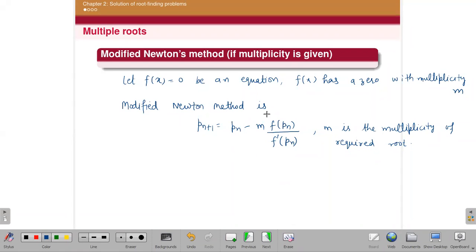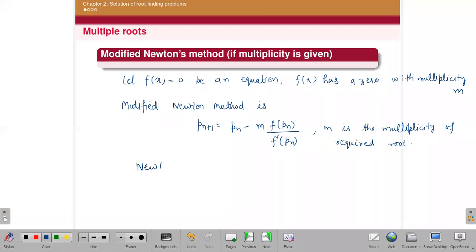So this is the modified Newton method, meaning we just put m into the simple Newton method, so it is a multiple of m here. That becomes the modified Newton method. Now why have we taken m here? This is also your query, why we have put m. How does it modify our convergence? So let us check. If I take the simple Newton method, what was the simple Newton method?